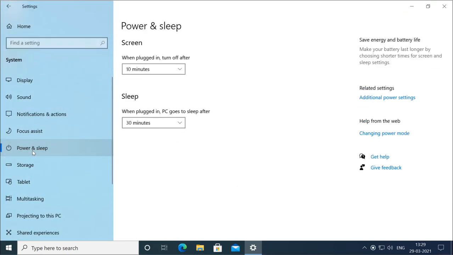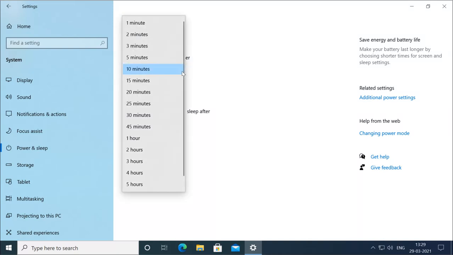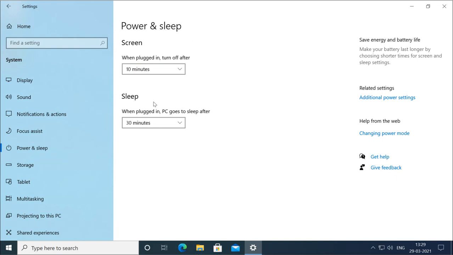In power and sleep, you can decide how much time after your screen will turn off. You can decide how much time after your system will go to sleep, and when plugged in, that means when your system is plugged into the power source. But when you are on battery, it will always go to sleep after 5 minutes. Now this is another related setting.